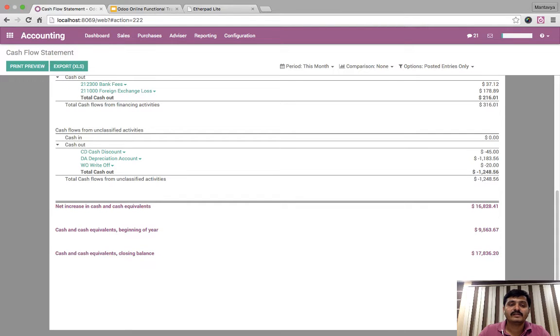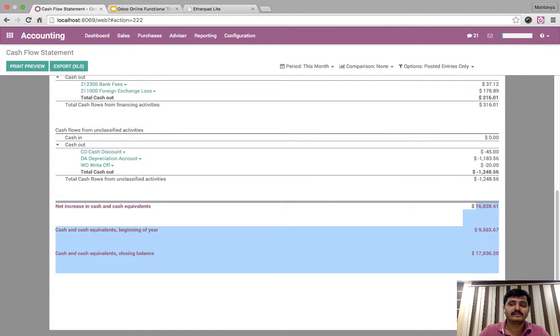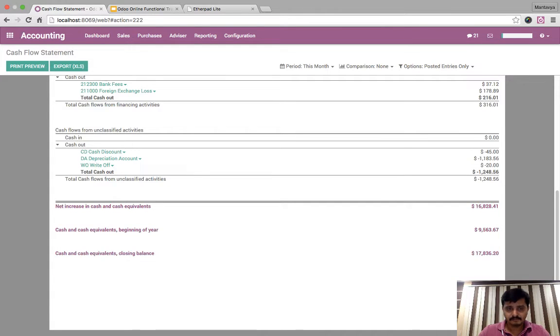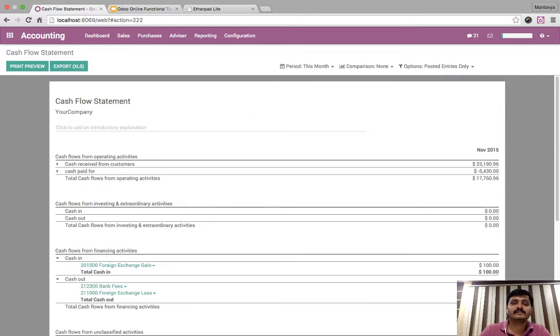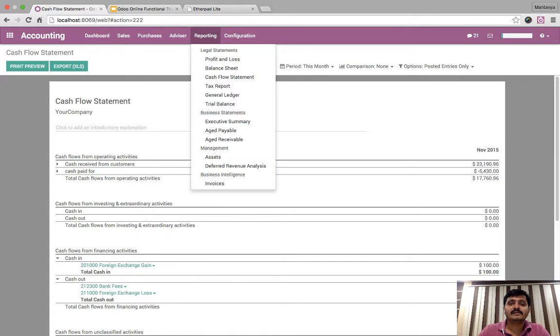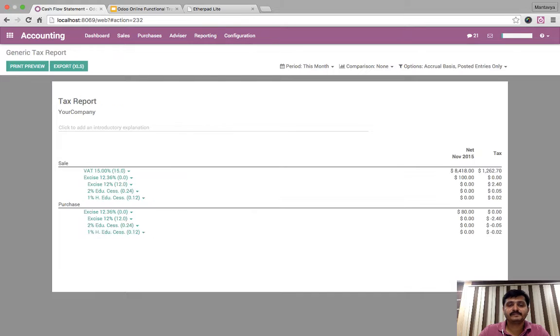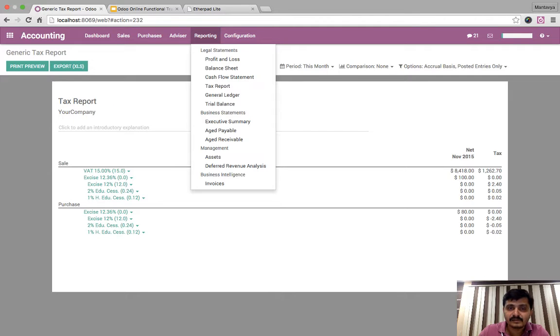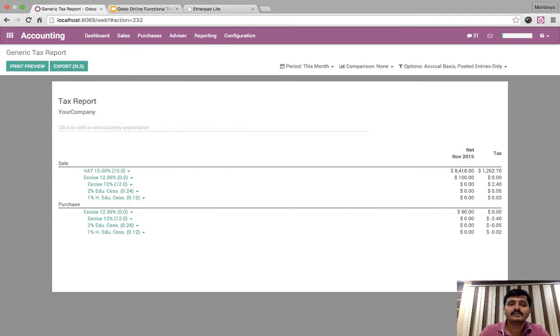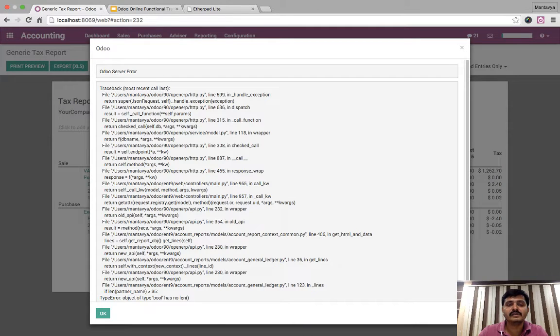So the net increase in cash or equivalent is 16,828. The beginning of the year balance was this, and the cash equivalent closing balance is this. Then the tax report we have seen. It's clear and usable. General ledger, I think there is a problem in the general ledger, but we have seen it